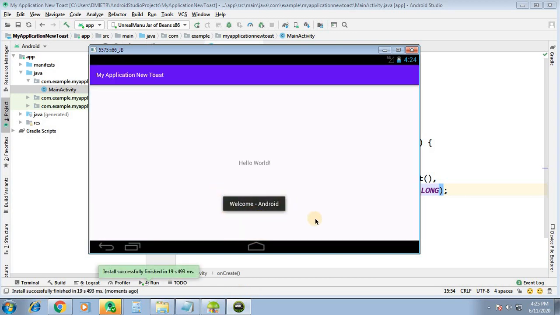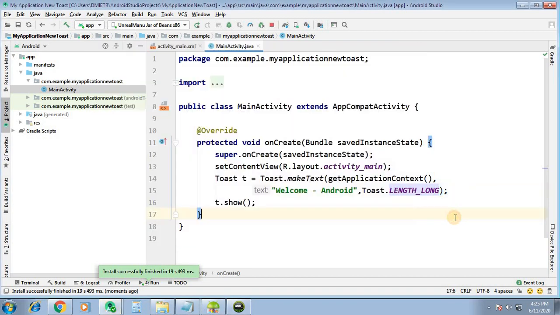You can see the message is now appearing for a longer period than the previous one. So this is about Toast.